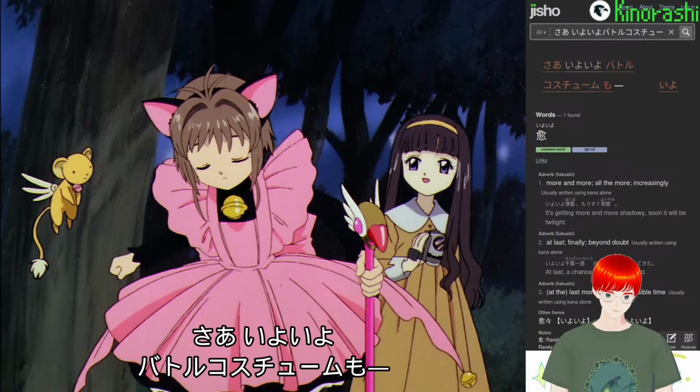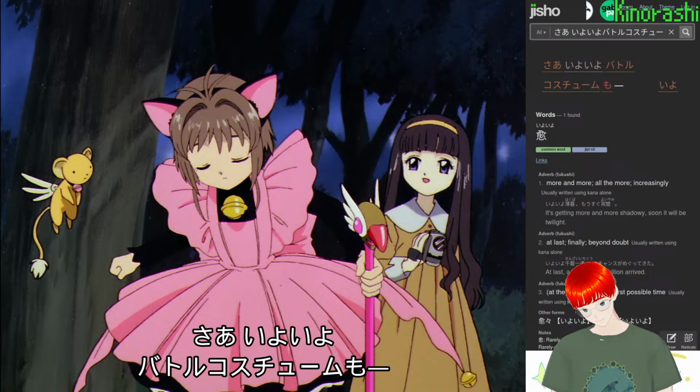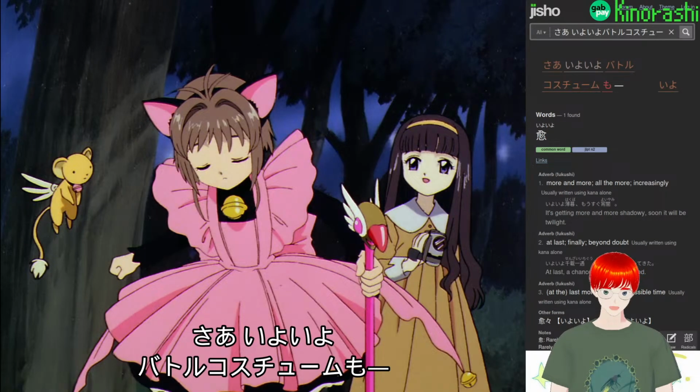So, sa io, battle costume mo. So well, battle costumes are increasingly